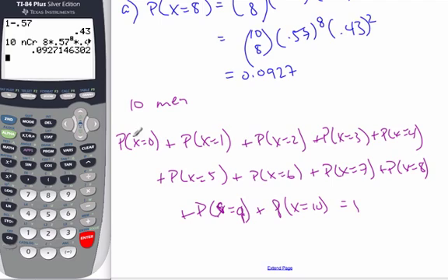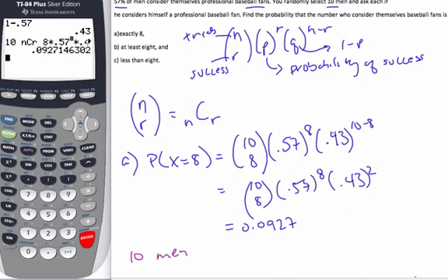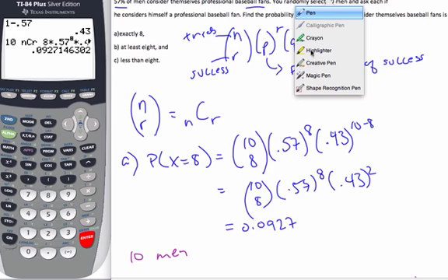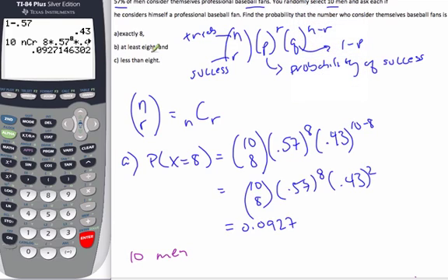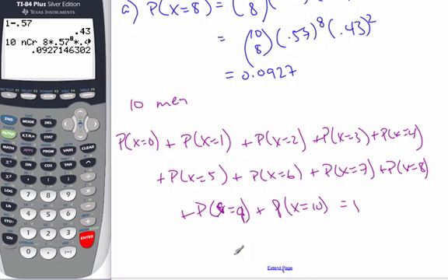I could have 0 of the 10 being professional baseball fans, or I could have 7 of the 10 being professional baseball fans. Now, when I do these problems that deal with at least 8 or less than 8, I always think about all the possibilities. So I'm looking for at least 8. So B part is saying,